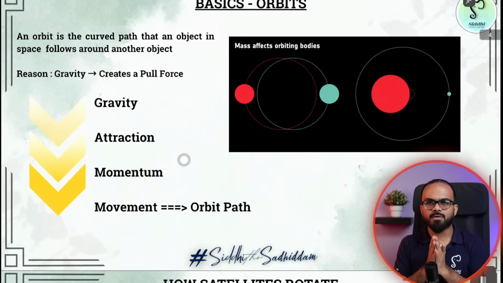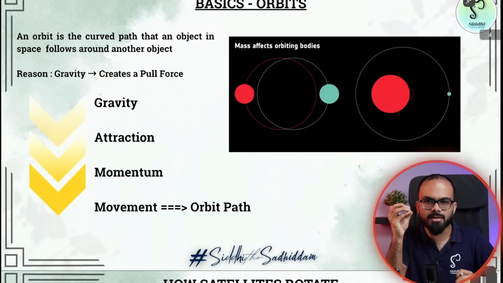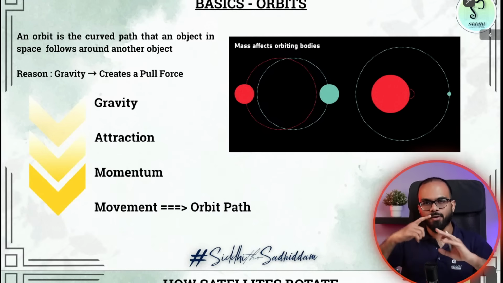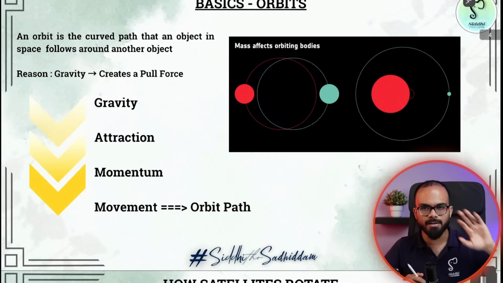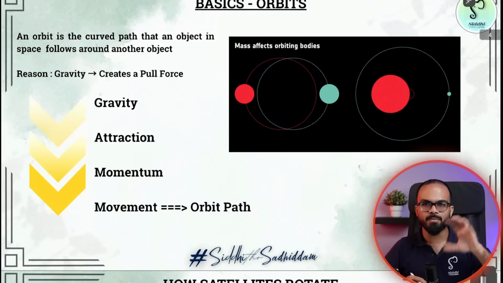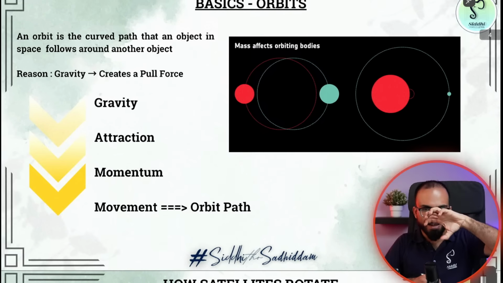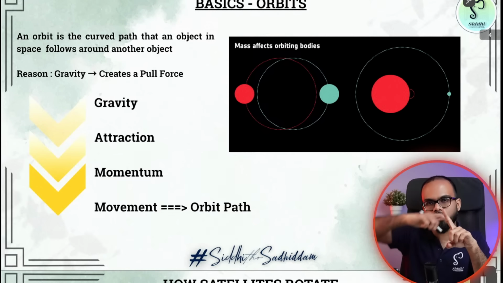Now, if there is one thing that you notice in this entire universe, what is a common thing that is there? Isn't it movement? Yes, centripetal force, you're right. Isn't movement common in the entire process? The formation of galaxies, formation of the universe, formation of the sun, etc., everything is because of movement. There is no atmospheric pressure, etc. So the entire thing is because of movement. And there is a path along which the bodies will move.